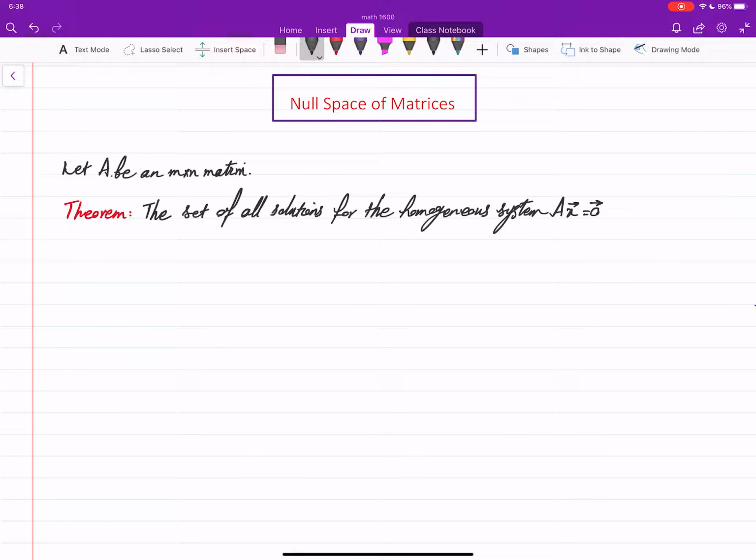So you consider all x's which satisfy this equation. If you collect all the solutions of a homogeneous system and put them all together, that will give you a subspace. Well, to prove this,